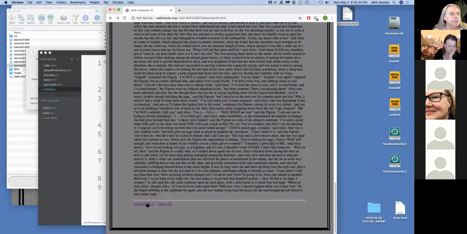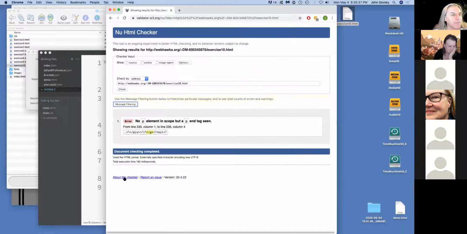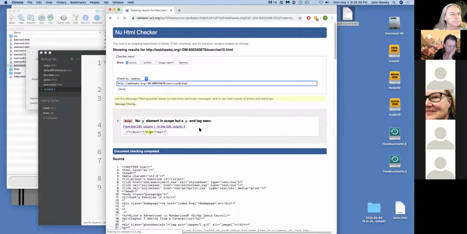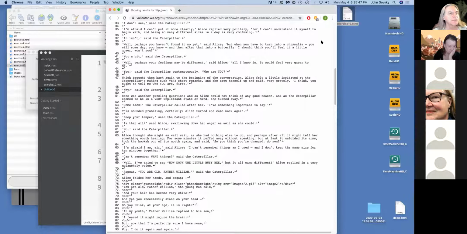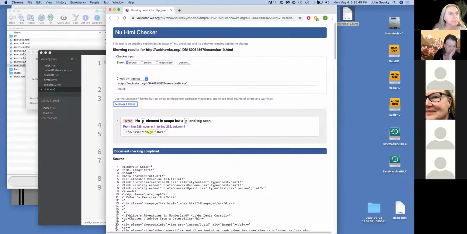I'll do it through the validator because it's easy enough. And let's see how you coded your HTML to indicate the stuff that works in the print style sheet. Again, let me make this bigger.